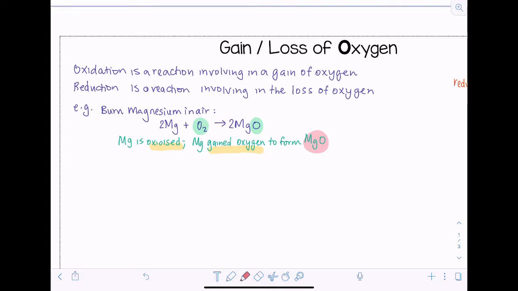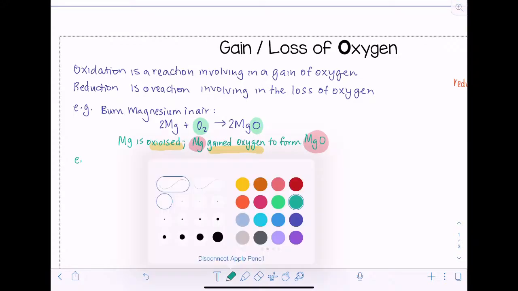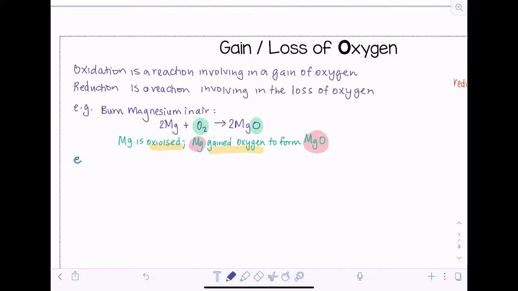So with that said, let me just give you another example of the term reduction. So we are done with oxidation, so let's go to reduction. For reduction, we are also looking for something that discusses the loss of oxygen. Now, I think an easier example would be a more complicated reaction. So say, for example, I have a reaction that involves the displacement of